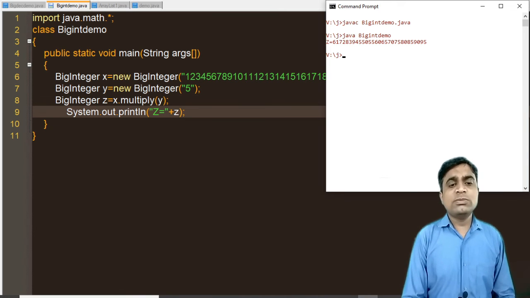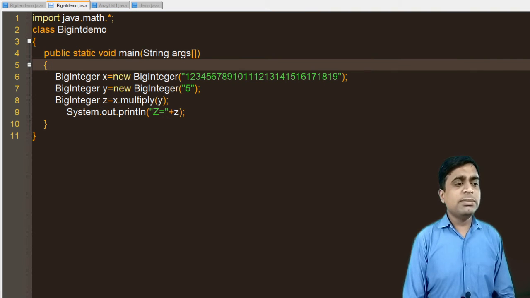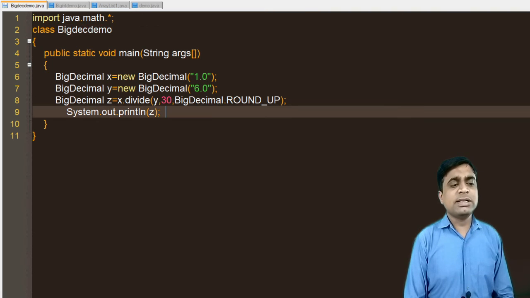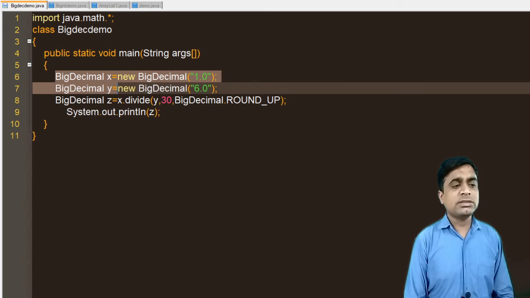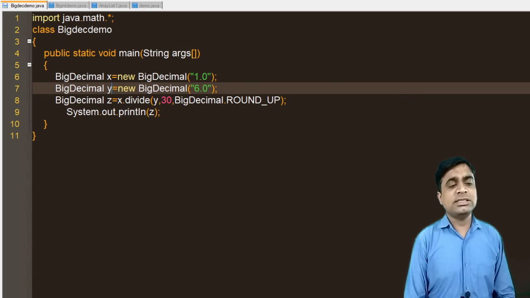We cannot store data of this length in a specific integer data type, so that's why we can use the big integer class. Similarly, the next one is the big decimal class. Here my x number is 1 and y is 6.